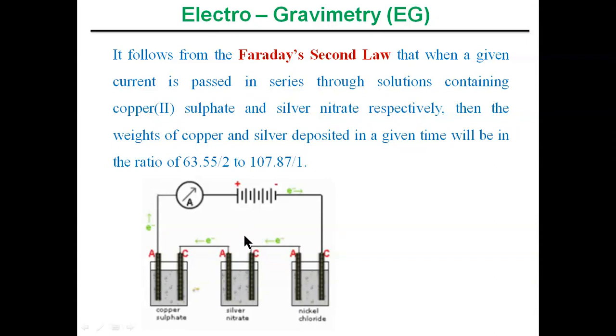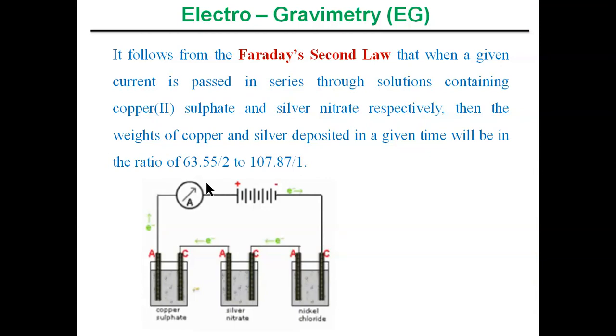So this is very simple. How much copper is liberated at the anode, or how much copper is deposited at the cathode, we can easily calculate simply by knowing the charge of the metal ions.